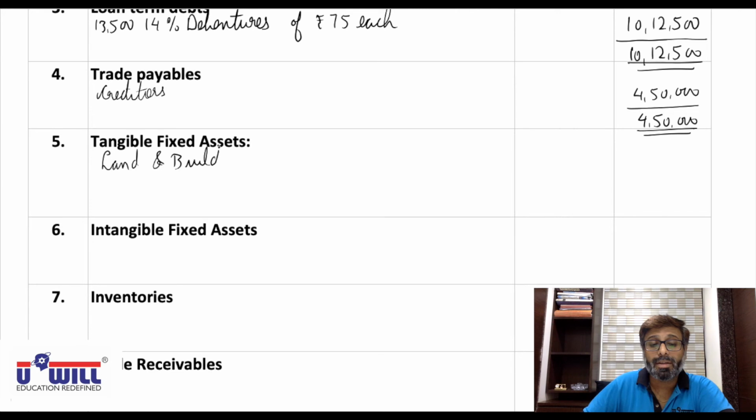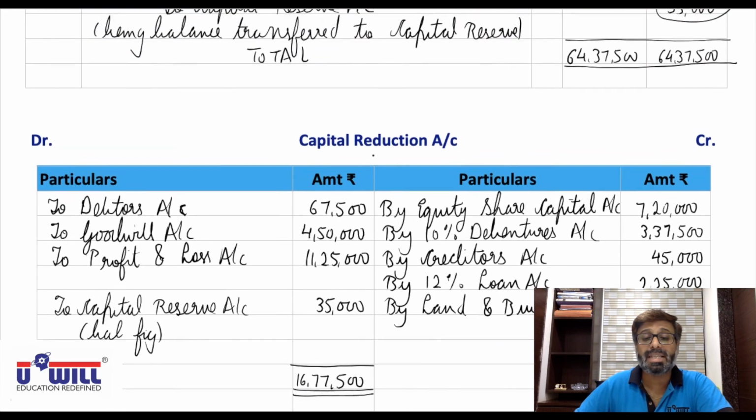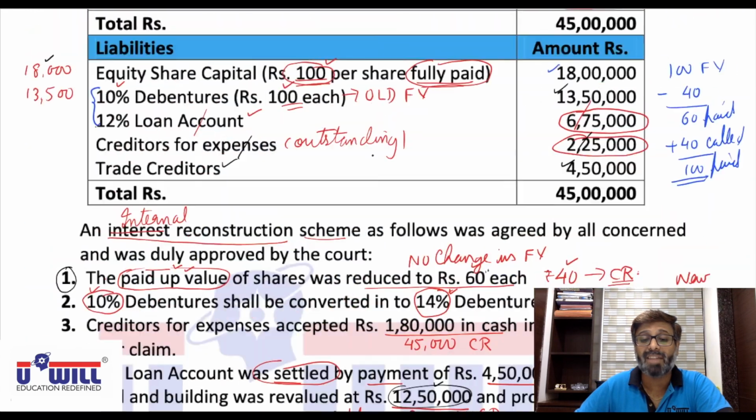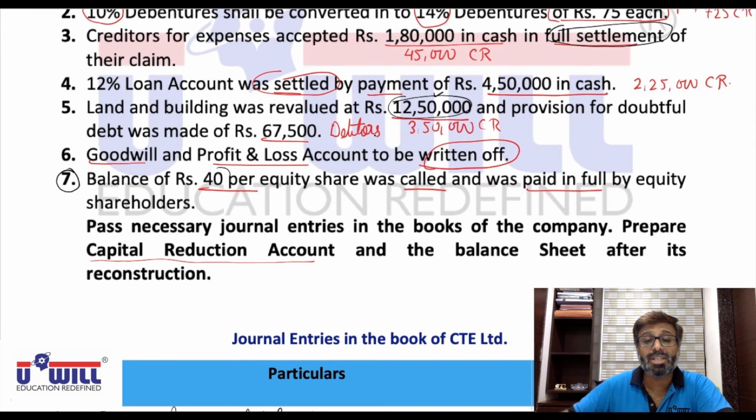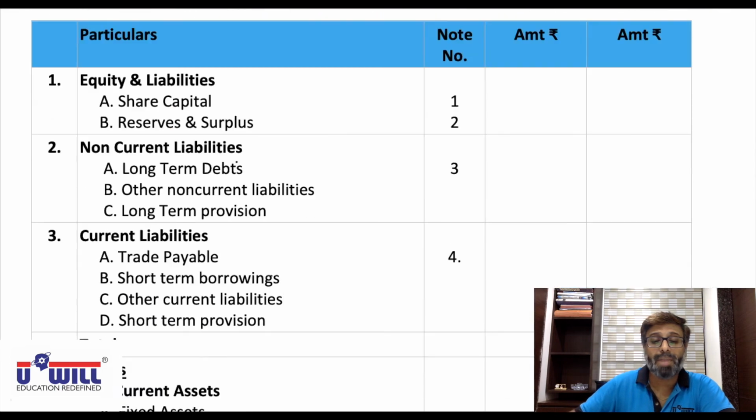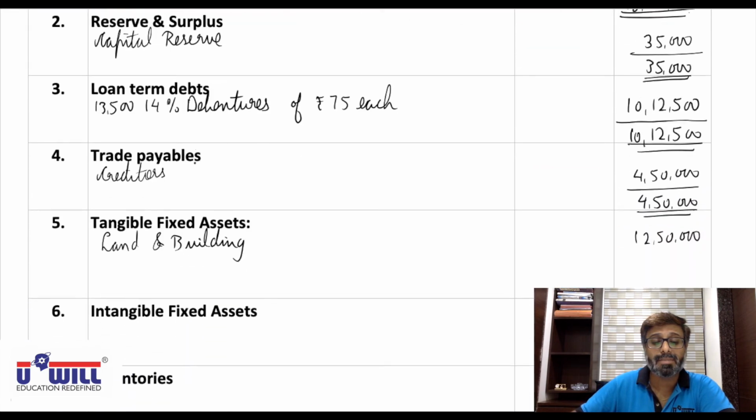Okay. Here we have not written off, so we don't have to write anything in the inner column. If we have written off, we have to write in the inner column, written off under the scheme of reconstruction for 5 years, but here the value is increasing. And plant 9 lakhs as it is. There is no adjustment related to plant. So plant 9 lakhs will come as it is.